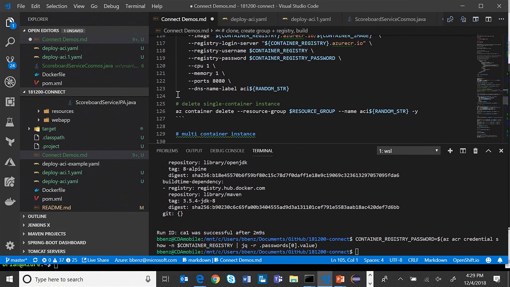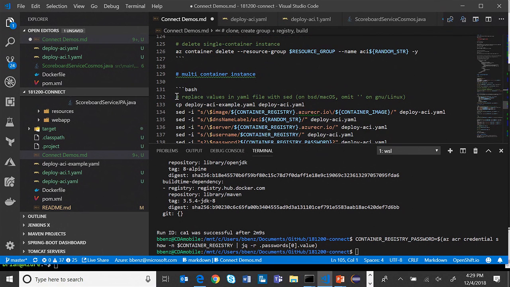Okay, so there's a little bit of a script in here for creating a single container instance, but what we want to create is actually a multi-container instance. So I talked about Azure Container Registry. It's a private registry. We're actually going to deploy what we just built into Azure Container Instance, which is